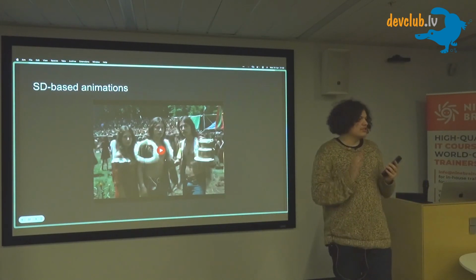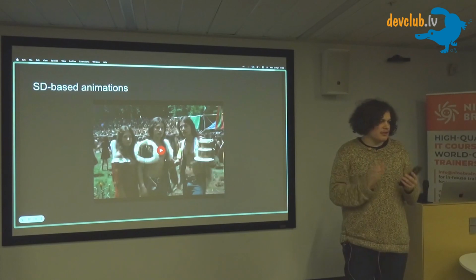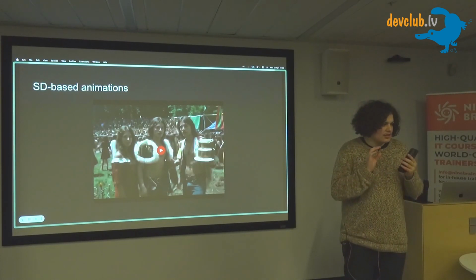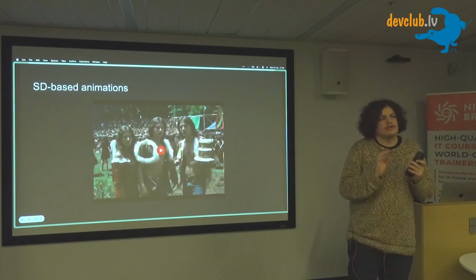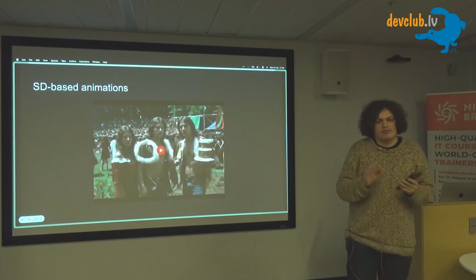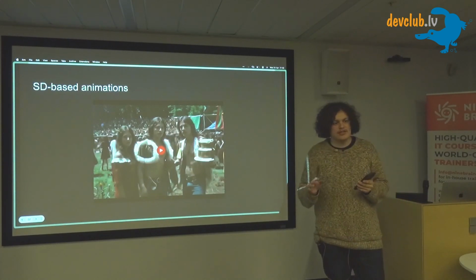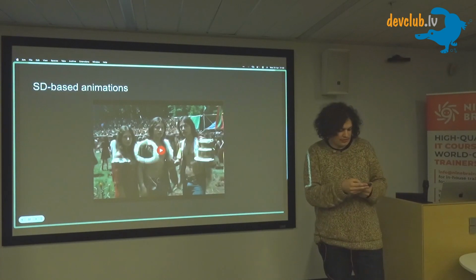But it also has some disadvantages. The main disadvantage is that the model can generate a video only for a length of about 5 seconds, because after 5 seconds the quality will drift. So it has some concepts.